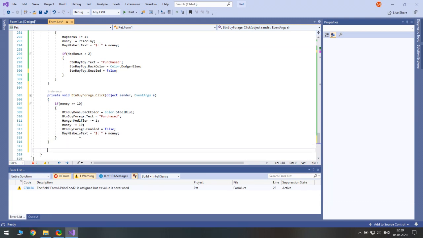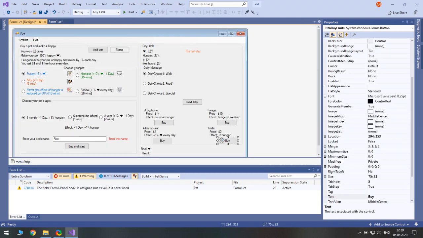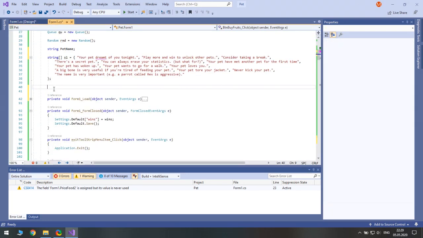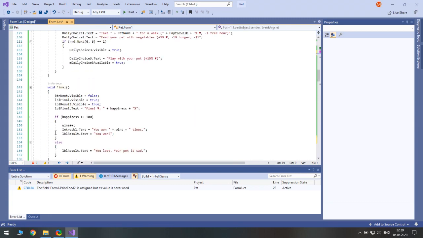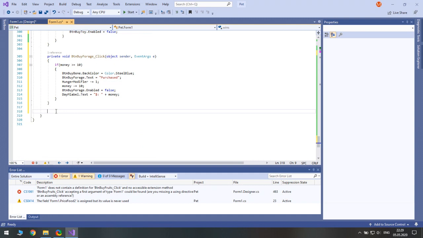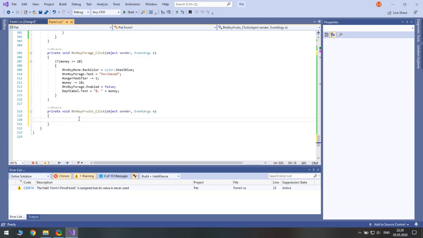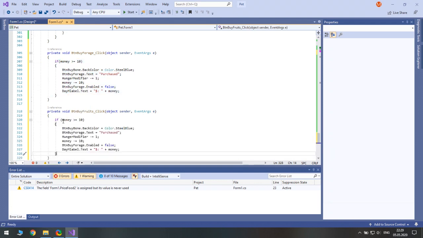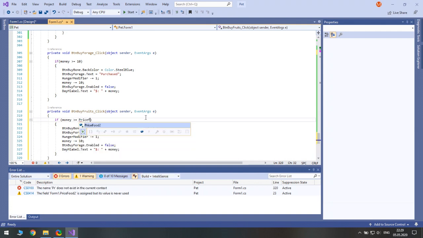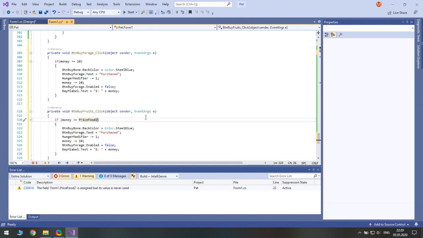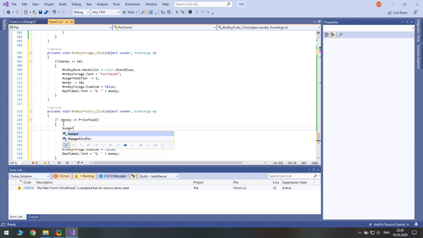So next we also have our fruits left. So here, buying fruits, it should be very similar to buying forage. Well, if money is bigger, or oh, we made a variable for this one, price food 2 is, we decrease hunger immediately by 2.